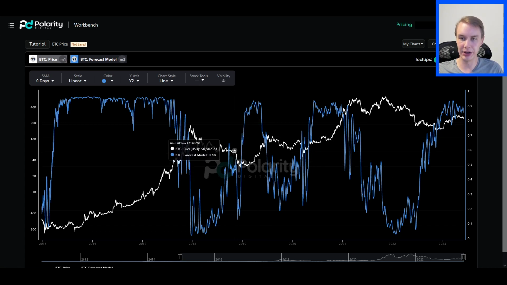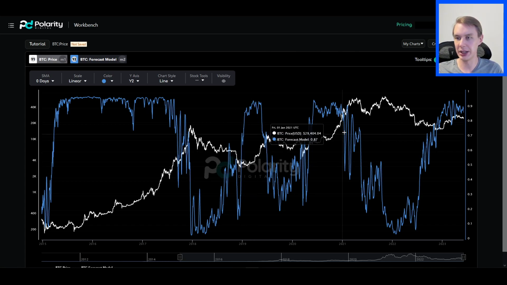But the model was basically saying that was a neutral point. And so in those neutral points, a wait and see approach can sometimes make sense before going off to the upside. Because basically what the model is saying is that it could have gone either way. That this collapse here didn't really need to happen, but that's just the way that things went. It was estimating about a 50-50 chance that things would go one way or the other. It broke to the downside, but the model was thinking that a break to the upside could have happened there, it just didn't end up playing out.